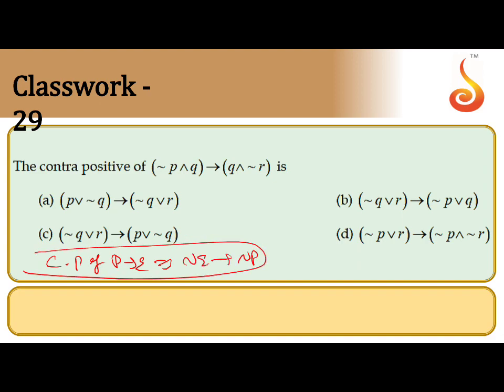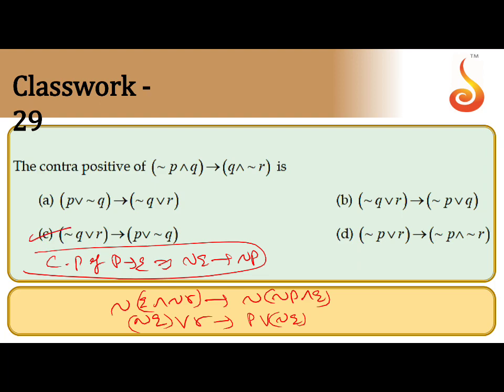That is a formula. So you can take the reverse and apply negation. Negation of Q and negation of R implies negation of P and Q. Just apply negation and reverse, and apply negation. So negation of Q becomes R, negation of R is R, and here the same thing: negation of P is P, or negation of Q. That is one answer. So check the answer. Negation of Q or R implies P or negation of Q. Only option C is matching.